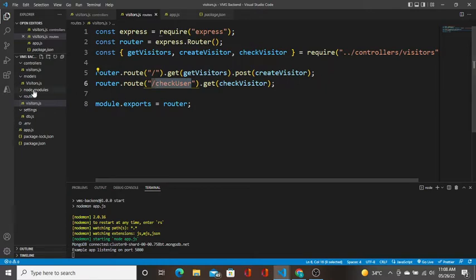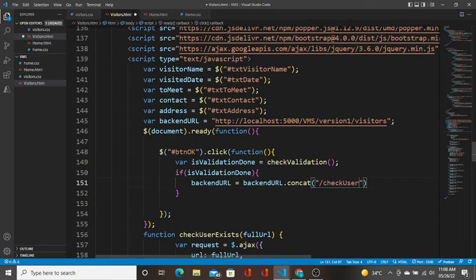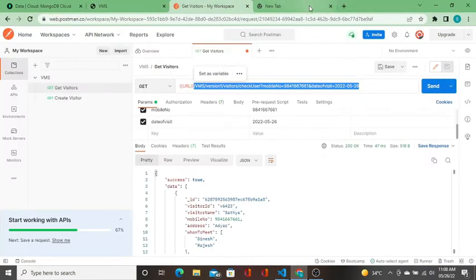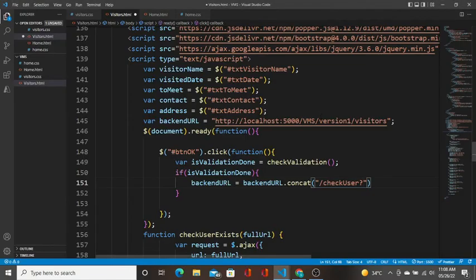The particular API is going to be called check user, and the parameter is going to be like this. Check user, mobile number equal to